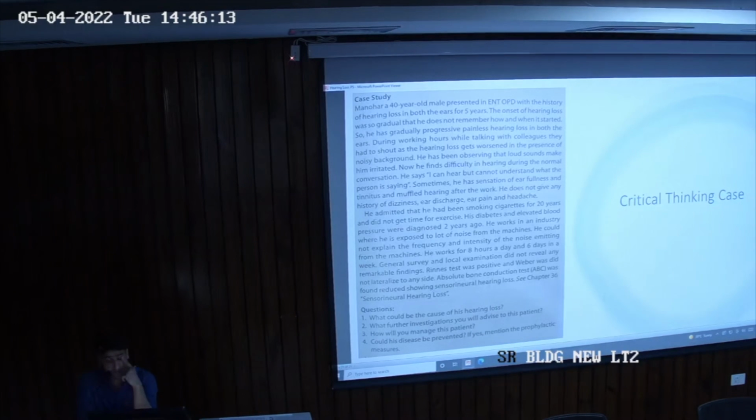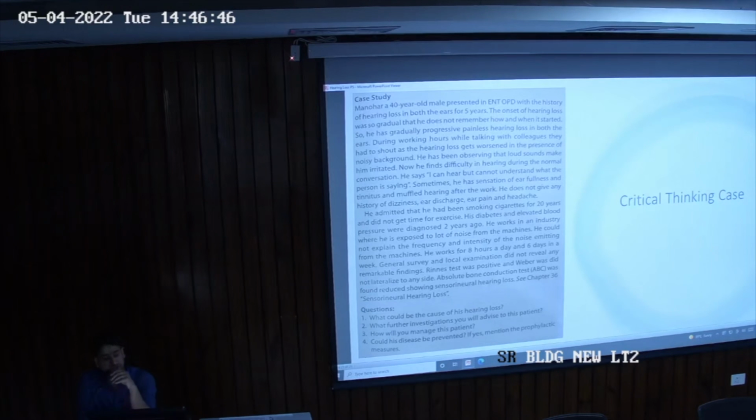ठीक है, because there are certain guidelines which are prescribed by Ministry of Labor. वो ये कहते हैं कि भैया लाउड नॉइज इतनी डेसिबल तक परमिटेड है और इतने आवर्स डेली से ज़्यादा नहीं. अगर सपोज करो किसी इंडस्ट्री में 100 डेसिबल की नॉइज जनरेट हो रही है तो वहाँ कोई भी व्यक्ति 9 घंटे काम नहीं कर सकता. They have to work less than 6 hours, not 8 hours. ठीक है.